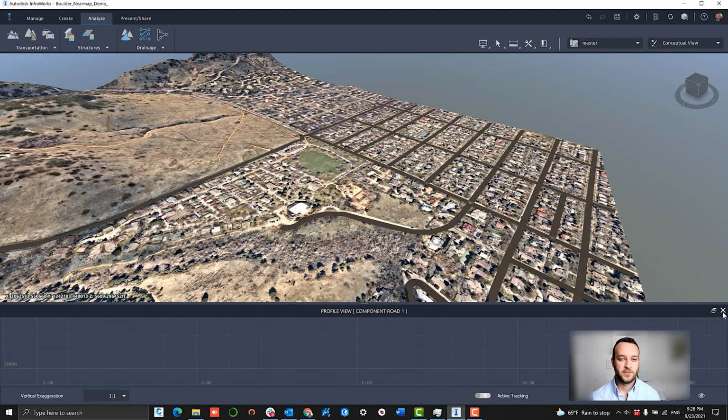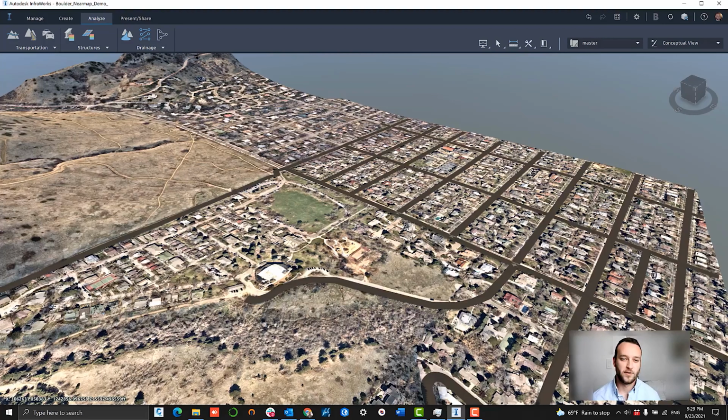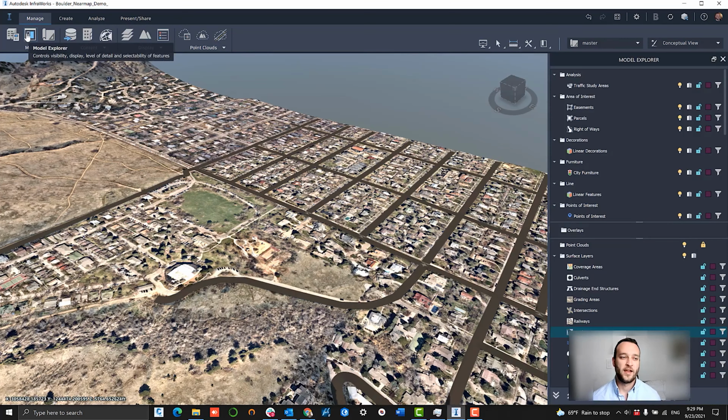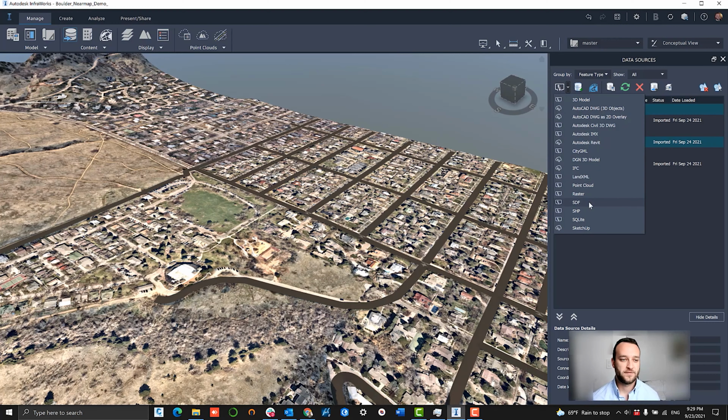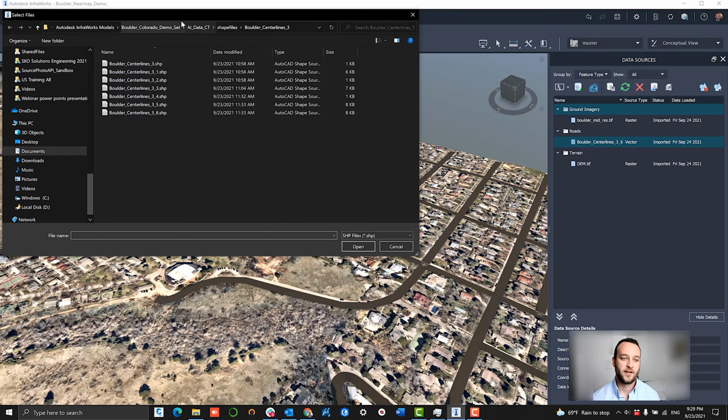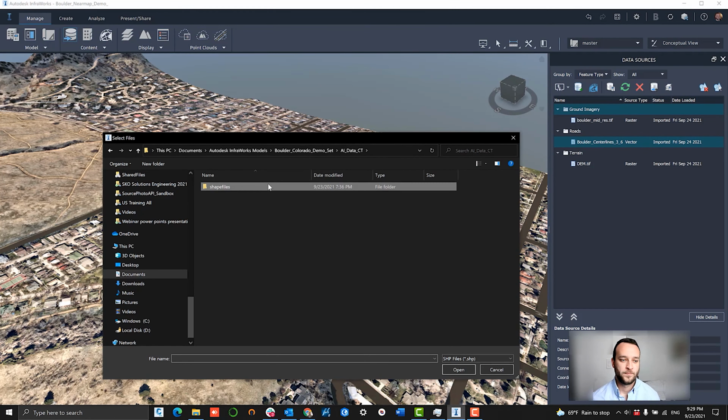There's a lot of utility built in here with some of these road tools. We're going to talk about quantity estimates and removal items and earth excavation at the very end of the video, but now we're going to just continue on loading up our AI data set and digitizing the city of Boulder here. So let's go into our shapefile and load up our next AI content here.